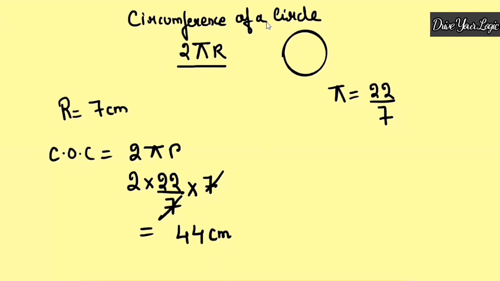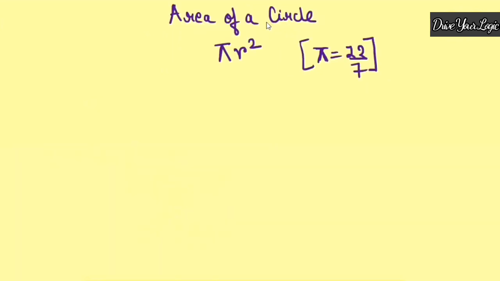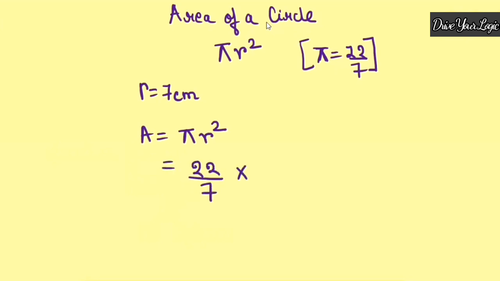So let us do that. Now we are going to find the area of a circle, and the formula is pi r square. So we know the value of pi is 22 by 7. Suppose r equals 7 centimeter. So how to find the pi r square value? Let us start. So area will be equal to pi r square. So pi is 22 by 7 into 7 into 7, and both are centimeter into centimeter. So when our answer comes, it will be centimeter square. So don't forget, area is always centimeter square.